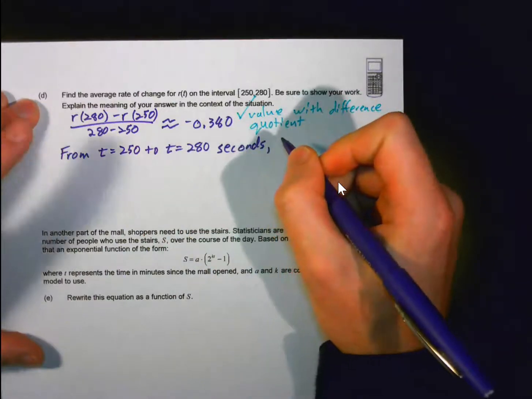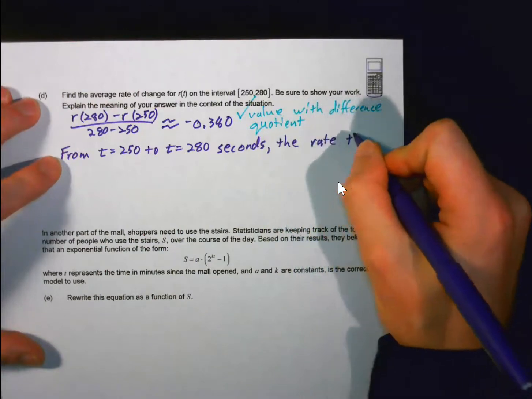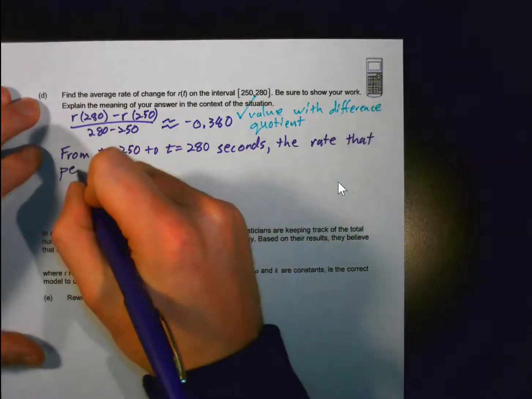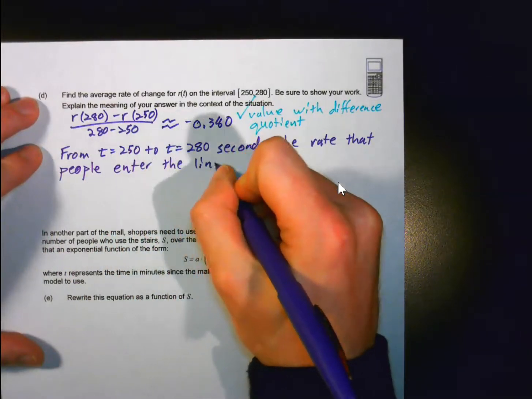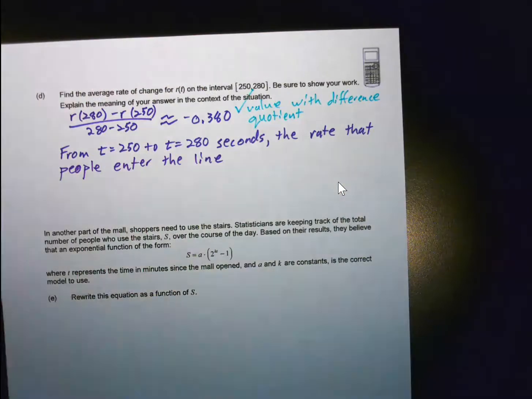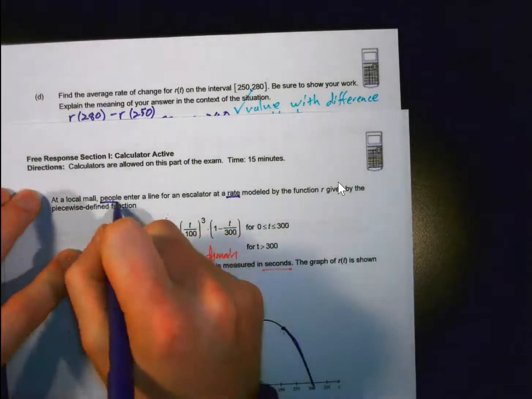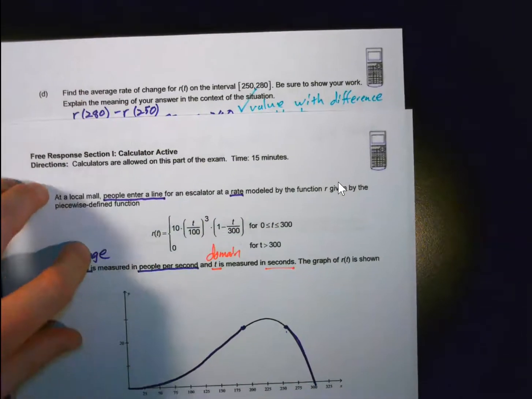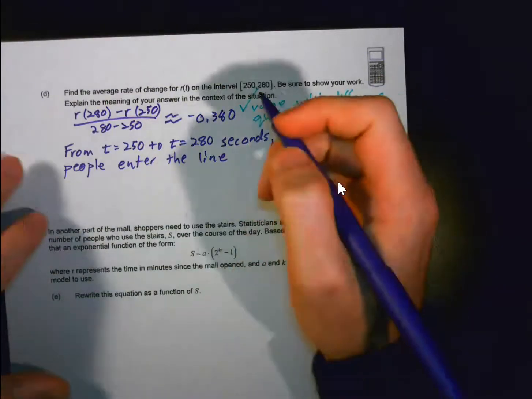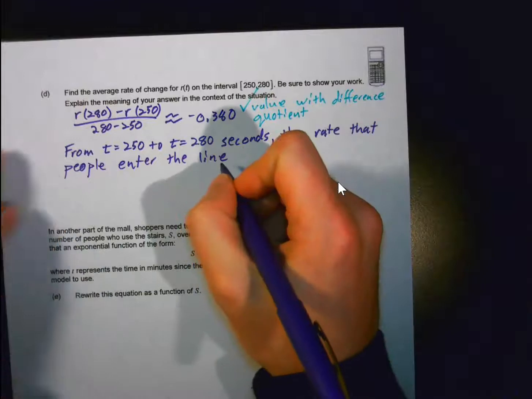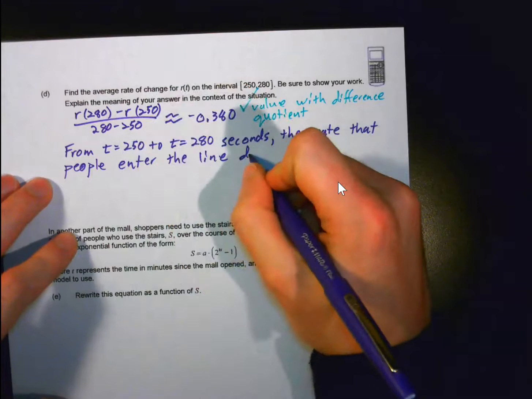Okay, what is it that's actually changing here? Well, it was the rate that people enter the line. Remember, it was a rate that people were entering the line. If you just said the number of people that enter the line, then you are not going to get the point on this question. It's very tricky. The rate that people enter the line. Okay, what's going on? Is it increasing or decreasing? Well, this was a negative number, so decreases